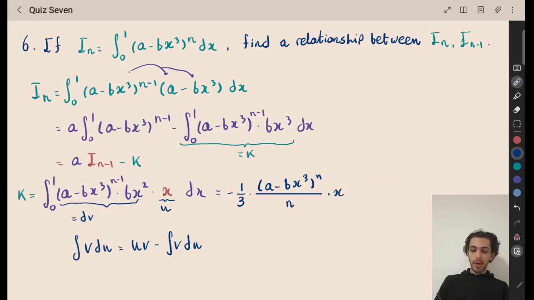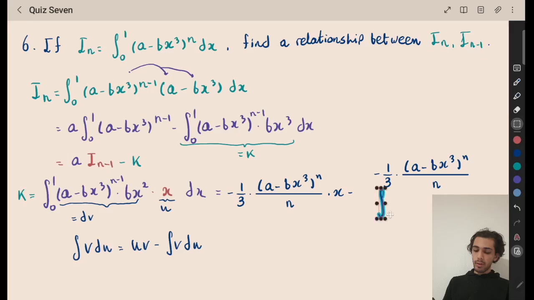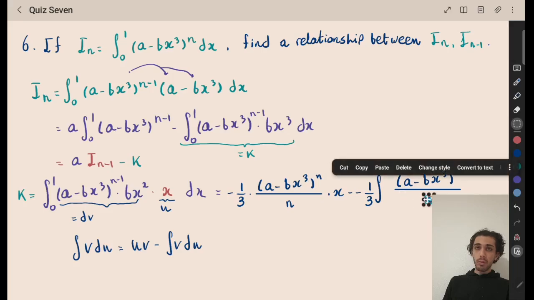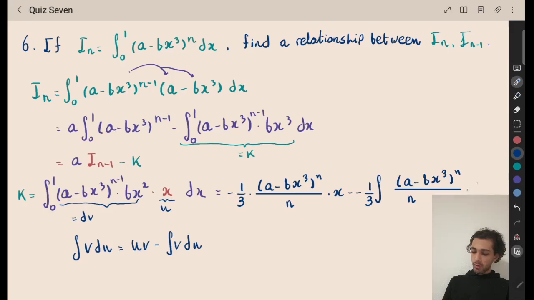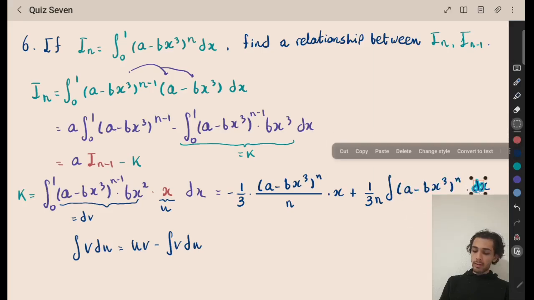Then I multiply this by u, so I multiply this by x. And then I take away from it the integral of v multiplied by du. Now if x is equal to u, then dx is equal to du. So that's fine. Maybe I'll even factor out the n as well. And here, because we have two minuses, I can write this as a plus. Then I have the following setup,